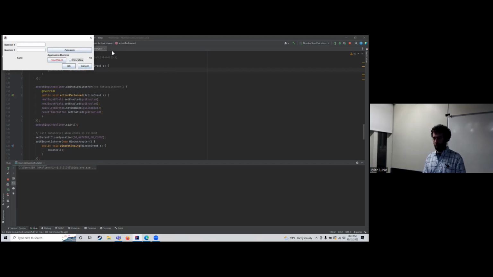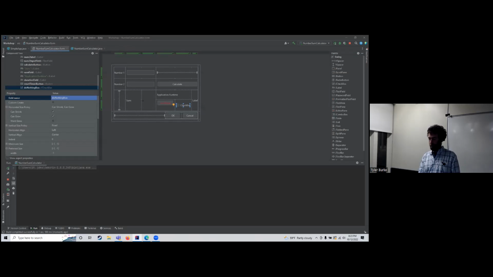Disabling things with checkboxes is pretty useful. Let's say you wanted to prevent a user, like if you wanted a guest and they said, oh, log in as guest. Boom, we disable the username and password to make it clear to them that they don't need to supply such to log in. Checkbox is pretty useful. The next thing I suppose we should talk about is the